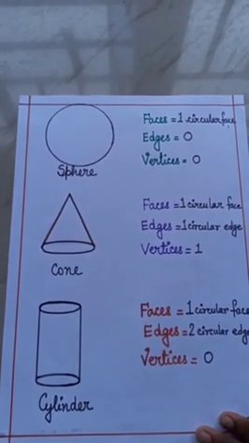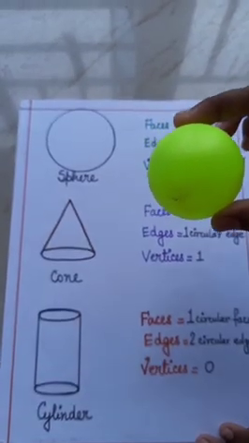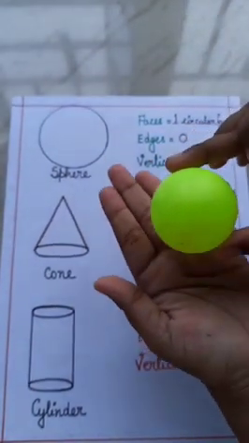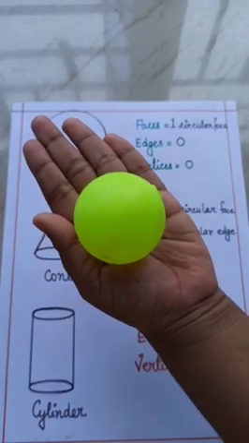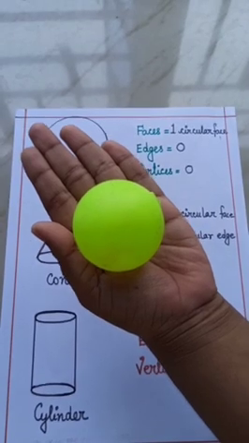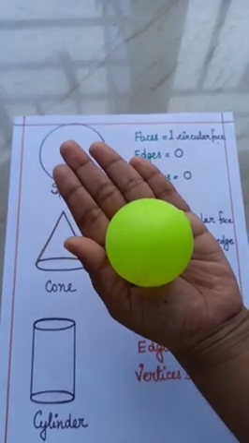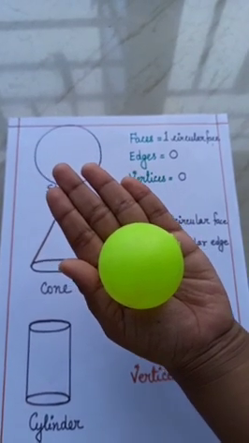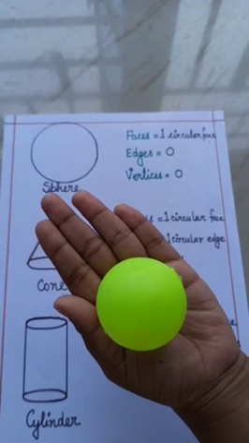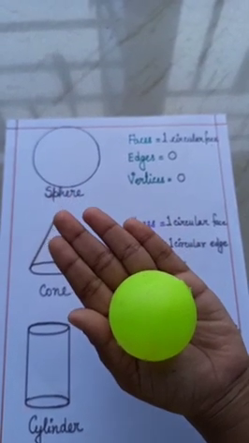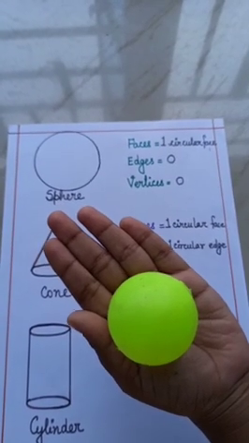Let's see a sphere. You know which one is a sphere? Your favorite thing. This one. A ball is a sphere. You can see it has a circular face. It has no edges and it has no vertices also. Okay, and this is a small ball. A big ball is also a sphere, and a volleyball, a football, all these are in the shape of a sphere. You can say that your sweet rasgulla is also the shape of a sphere, right?